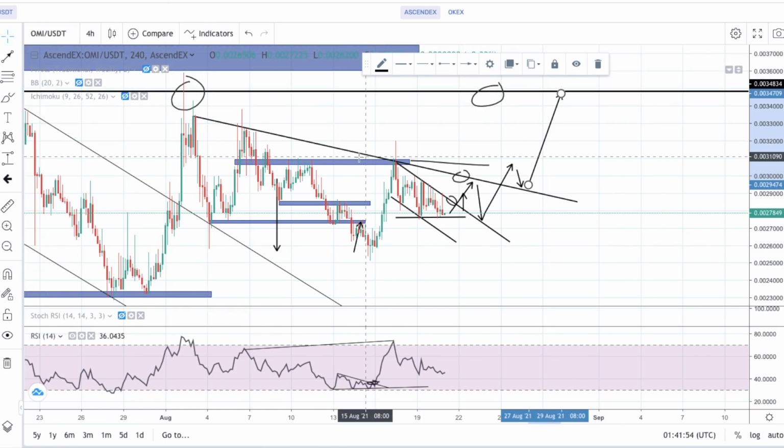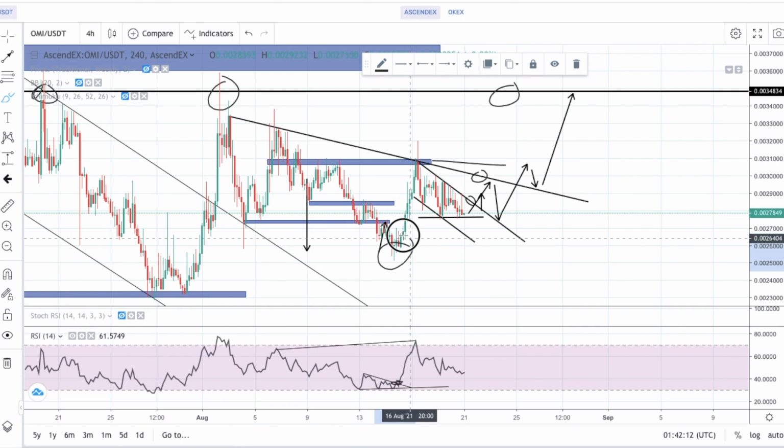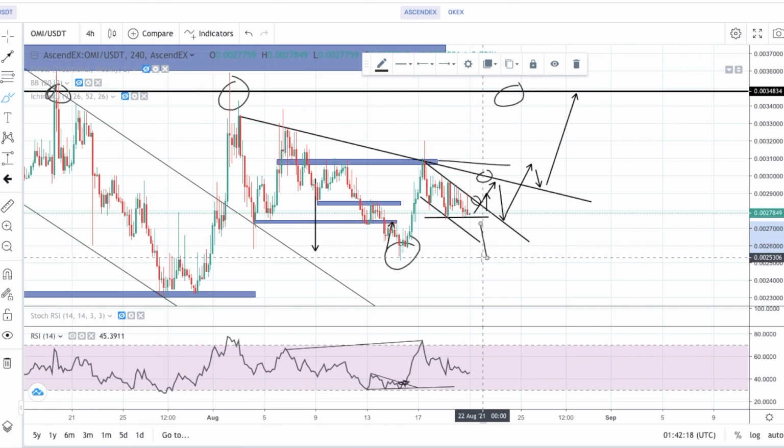If we do not see a breakout of this beautiful trend line right here, we have 3 touches, 1, 2, 3. If we do not see a break of this trend line, guys, we can clearly see the market continue to fall. And if the market does break this low, then we need to be worried that this market can get lower. If this low right here exactly at 0.0025 gets broken exactly off of this move, guys, we will see a